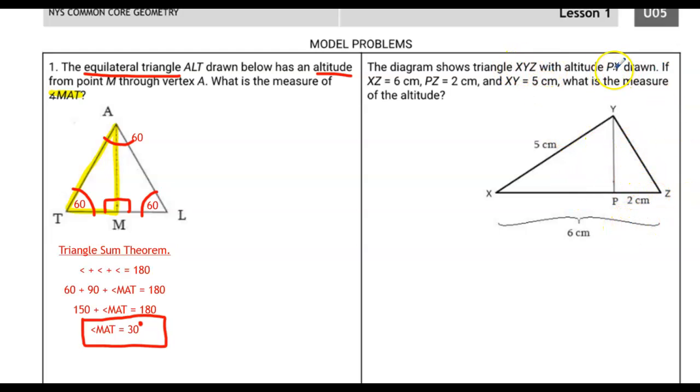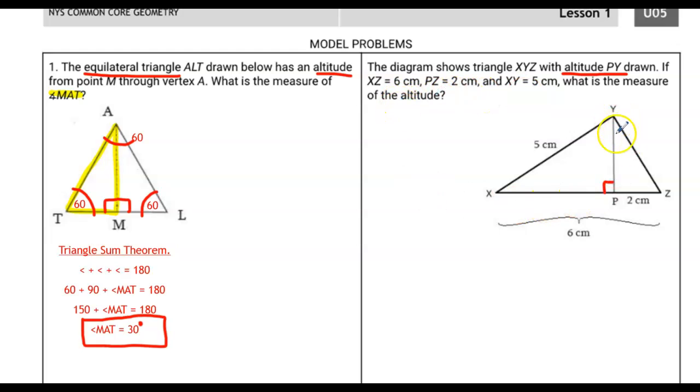Moving on to the next problem, the triangle shown is XYZ, I should say, with altitude PY drawn. If it tells me that the altitude is PY, that means it is at right angles to the opposite side, which is XZ. If XZ is equal to 6, which is labeled, PZ is equal to 2, which is also labeled, how kind of them, and XY is equal to 5, which is similarly labeled,